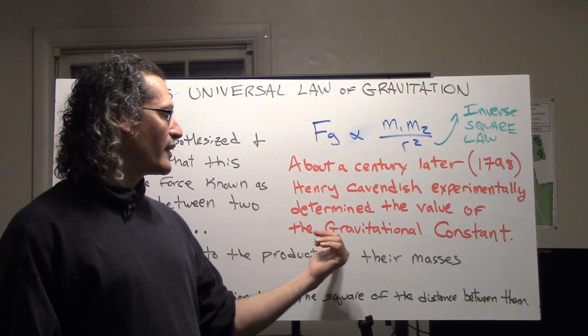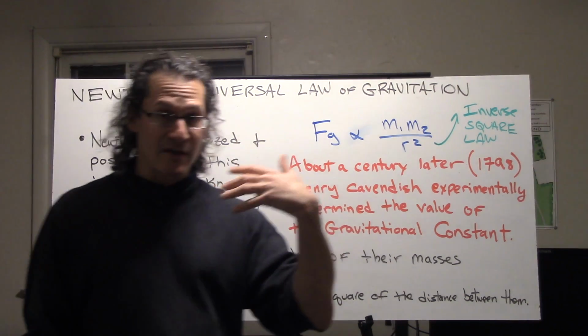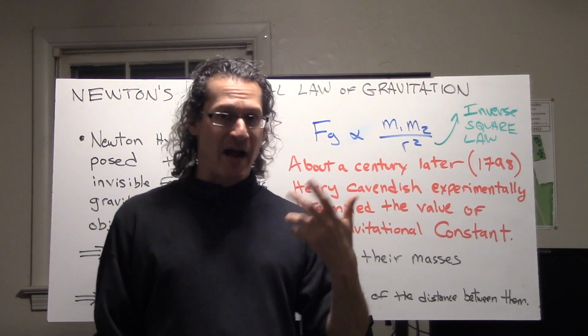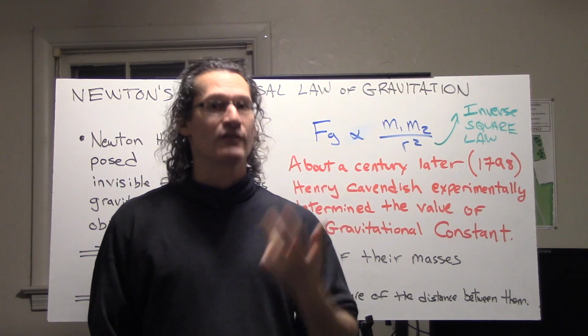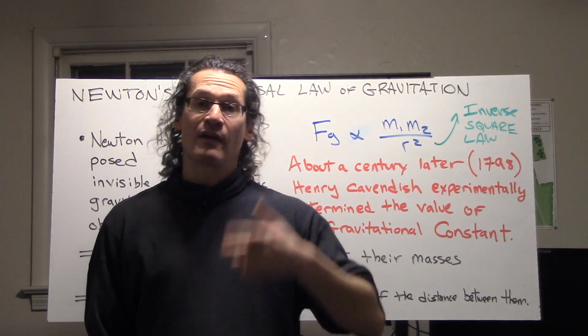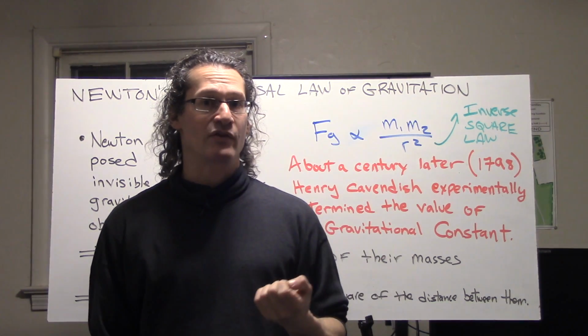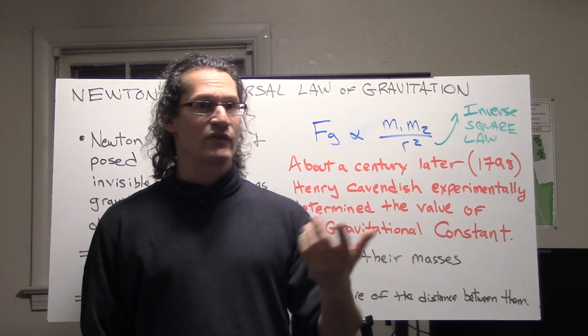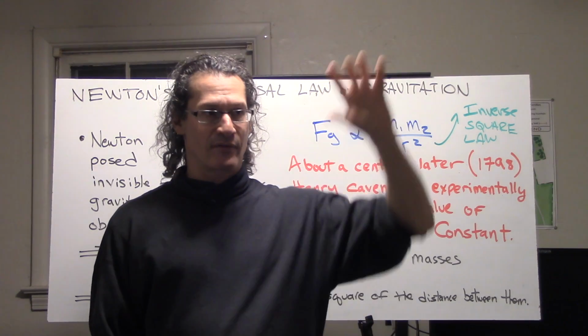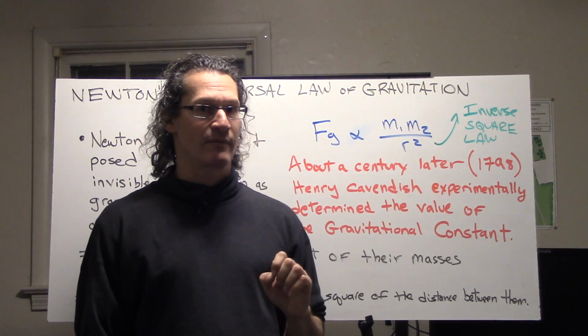So it's a really important thing that we're going to look at because it enables us to make the calculation how much force is there between two objects that have mass. And that will be able to lead us to our original question, which is, where's that reaction force for an object that's falling towards Earth?